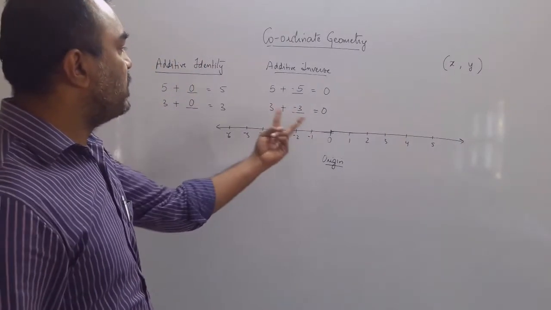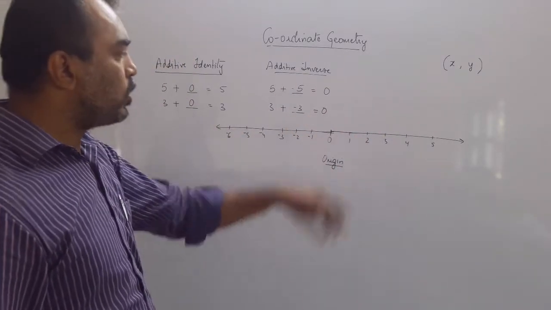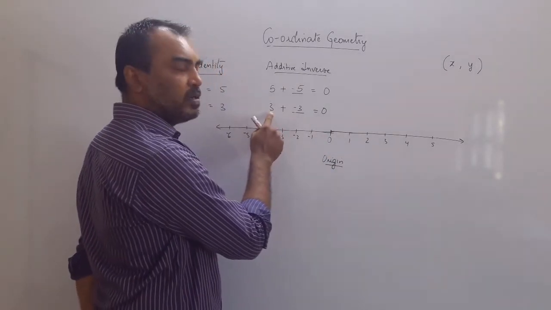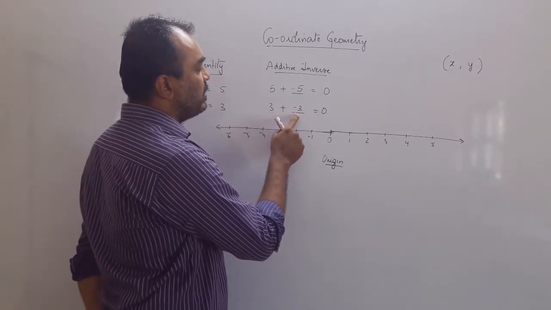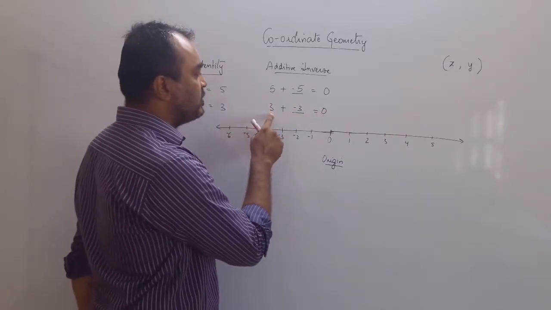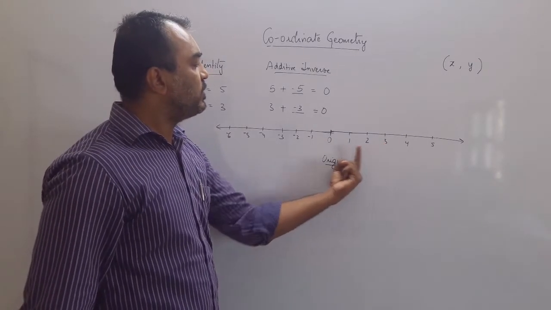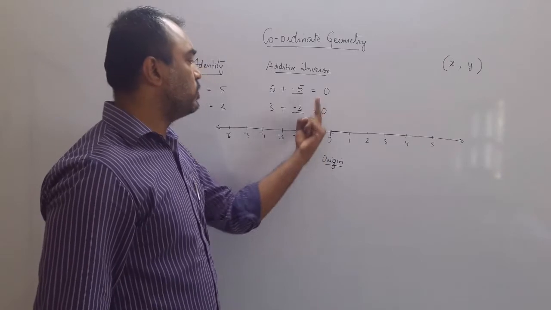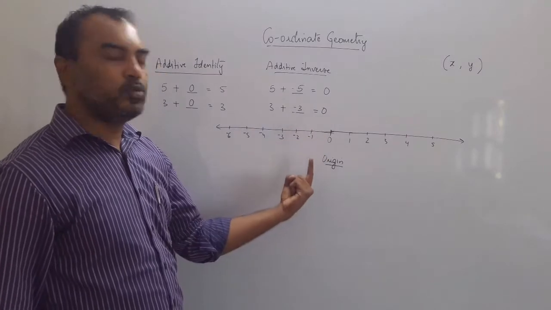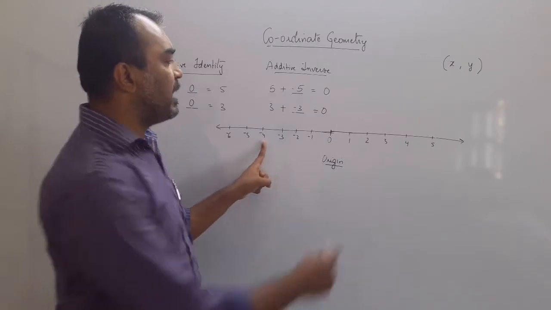I'll give you an example of the negative numbers. So, the negative numbers are also the opposite in direction, you can see. So, if you walk 3 steps to the east, and then walk 3 steps to the west. So, -3 means what? In the opposite direction. So, if this is east, then the minus will be west. So, if you walk 3 steps in the east and 3 steps in the west, you come back to 0. If you walk 5 steps in the east and then walk 5 steps to the west, you come back to 0. So, 0 is the additive identity and 4 and -4 is the additive inverse.